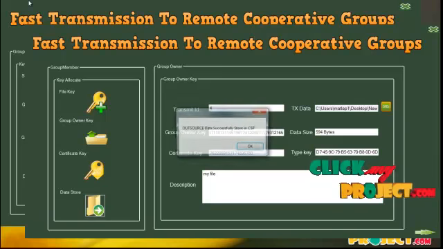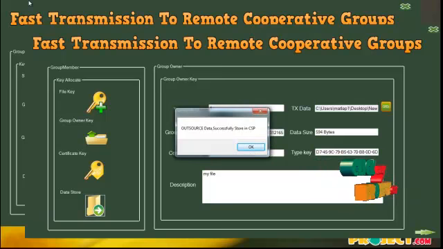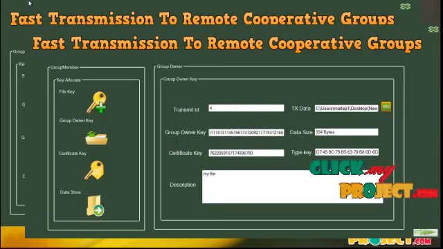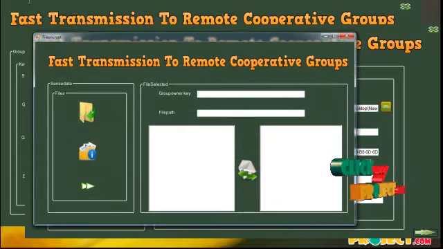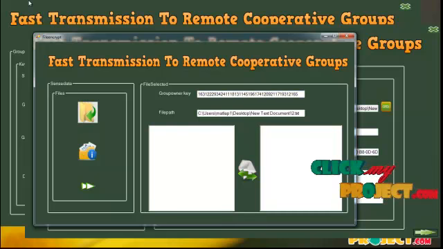To click on the data store button, the outsourced data is successfully stored in CSP. CSP means cloud service provider. To click on the next button, the owner key is placed in the text box. To click on the files button, the file allocated to the same group owner key is the only one that generates the